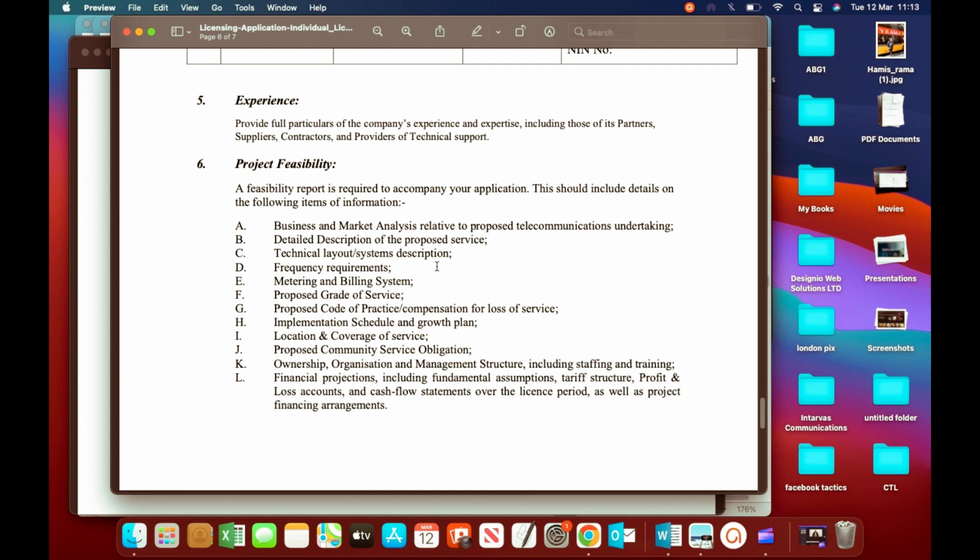That's which data center are you using, how are you going to reach the MNOs, that's mobile network operators, at what point, what are the connectivity methods you are using. Are you using satellite, are you using radio, are you using fiber? You have to state it in the network design. You have to pinpoint the nodes that you are using.